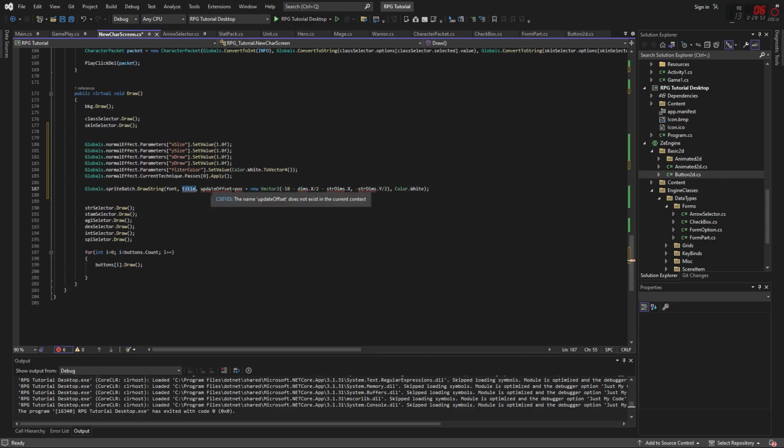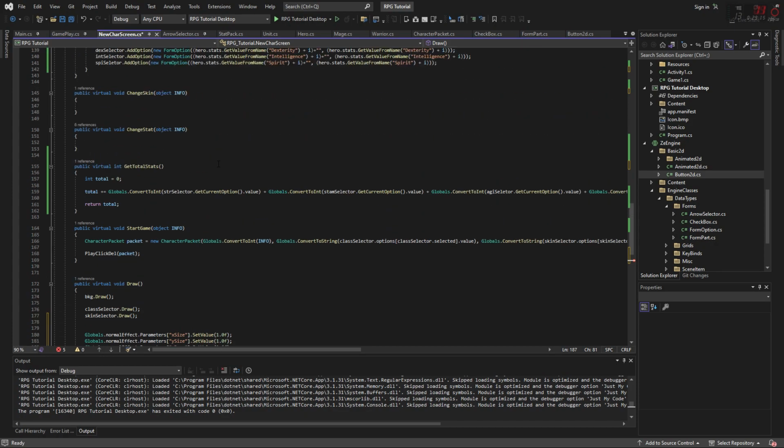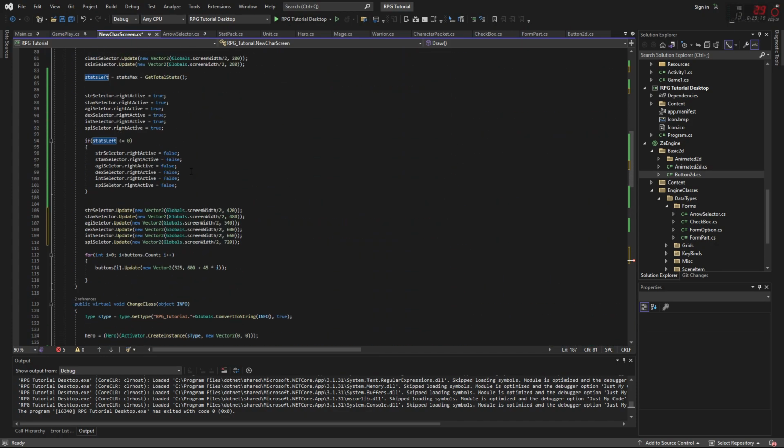The title probably should be something like about attributes, so I'm gonna go with attributes left. Attributes left, colon, space, and then how many do we have left? Well, we already have a variable for that. That's stats left. Happy days. Where are we displaying this? Well, we're kind of displaying it right above this stuff. So if we just grab this guy,